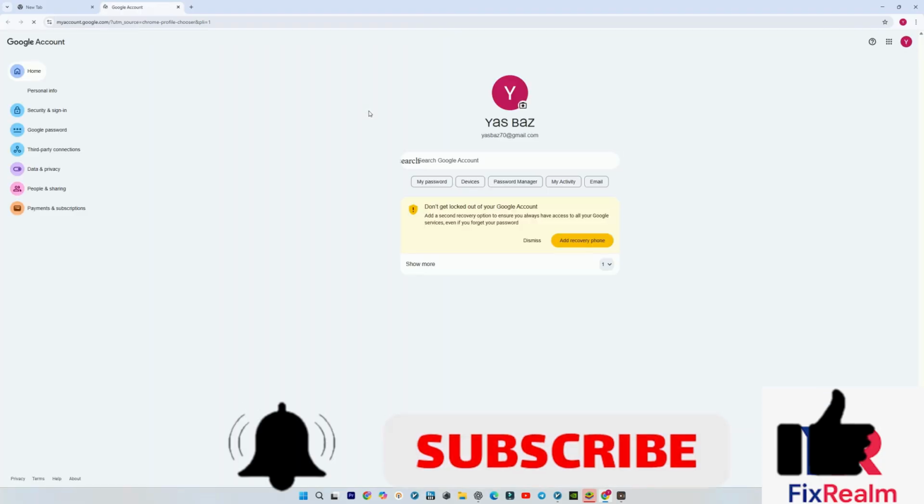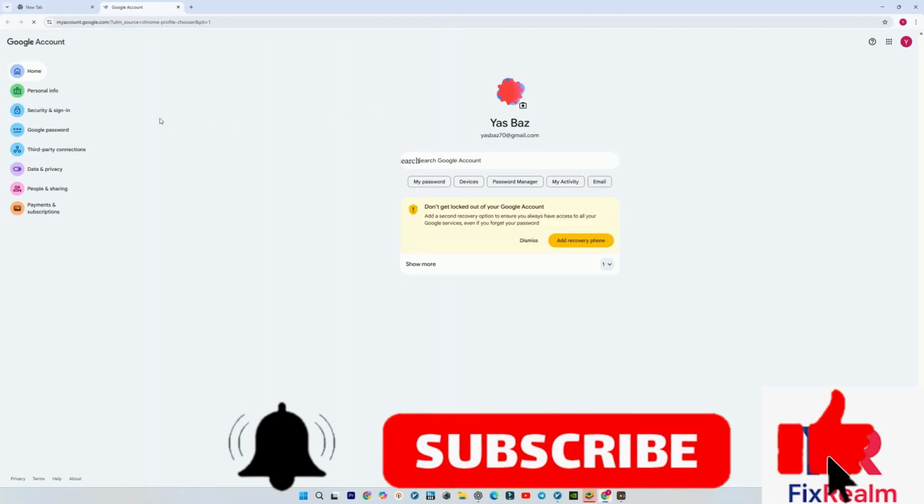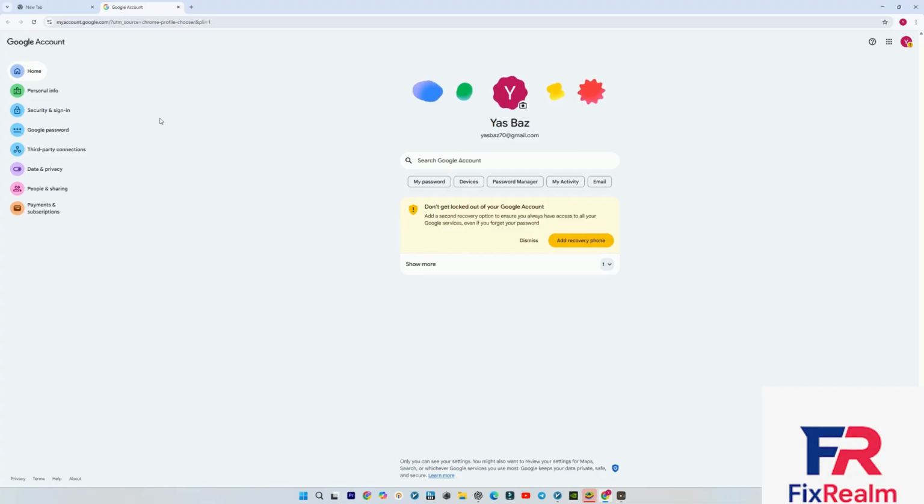Once you successfully enter this section of the settings, if you notice that you haven't added any recovery email address so far, the system will automatically provide a warning message for you right here. At this point, you can choose to add a mobile phone number, or you can provide a secondary recovery email address instead. Alternatively, if this option isn't immediately visible on your screen, you can manually